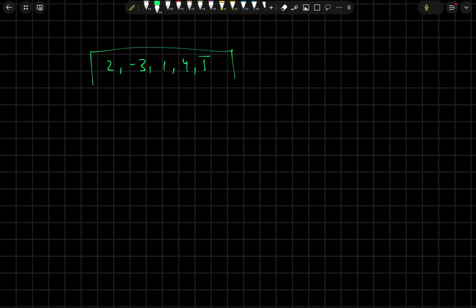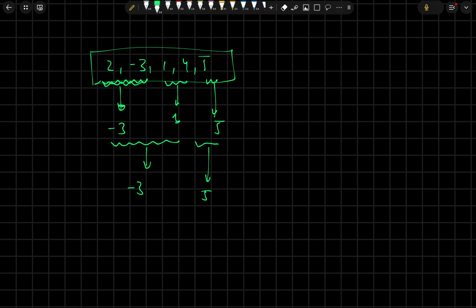Okay, so for this one, what I do is I find a minimum for these two first. So minus 3. I find a minimum for these, this is 1, and I find a minimum for this, which is just 5. Okay, now I start combining. So this would be just minus 3, and for this one just gives 5, and again for these I combine, so this is minus 3. Okay,